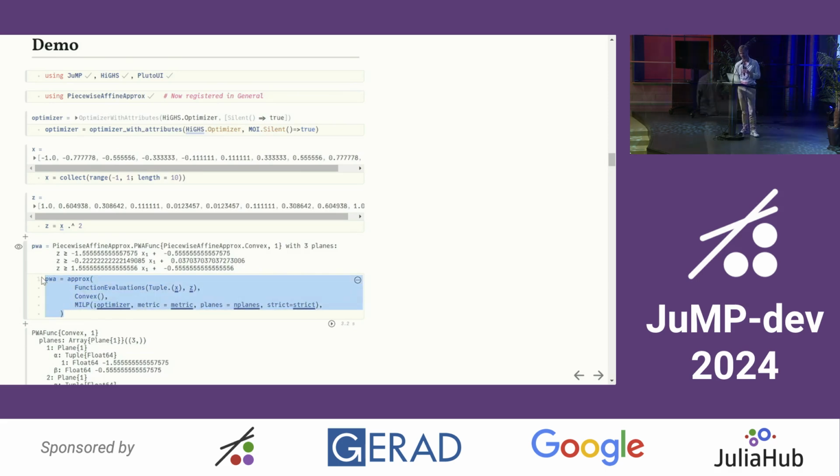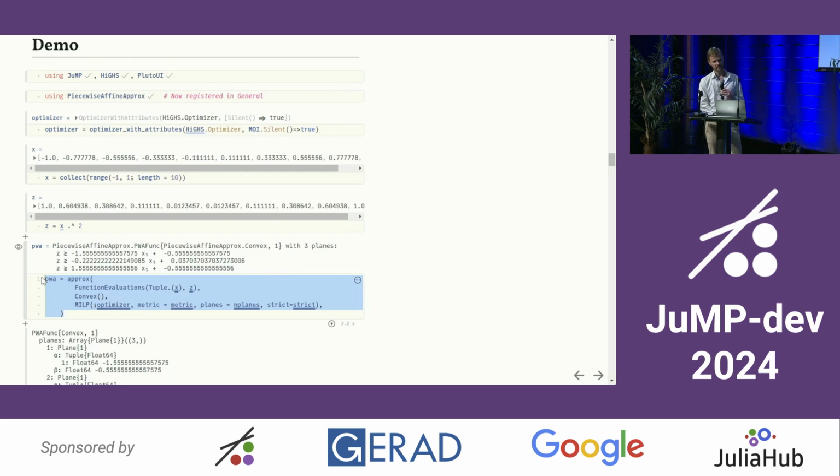This is where we actually generate the approximation by calling this approx function, and then we have defined different types for the different methods. In this case, we are using the MILP approximation, and it's for a convex function. This way, we use multiple dispatch to switch the direction if it's a concave function, and everything just works out fine. And you have to pass the optimizer and you can set some options for the different methods,